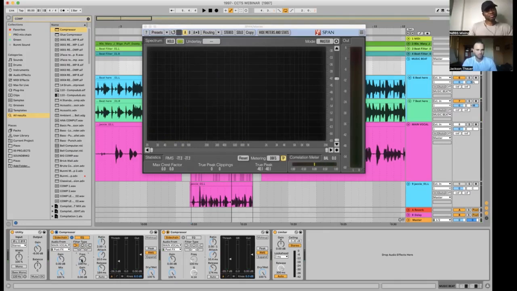The low shelf, I'm trying to understand. The low shelf is pushing down the low end of the vocal itself, because I don't hear the 100 on the vocal anymore. Or can you hear it?